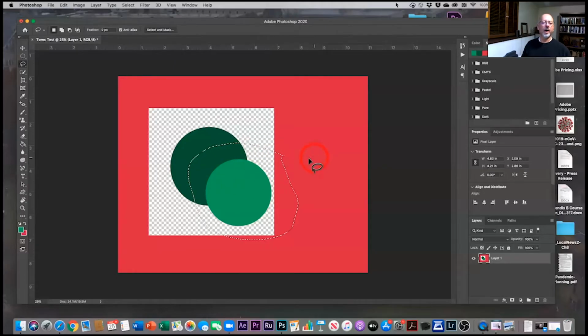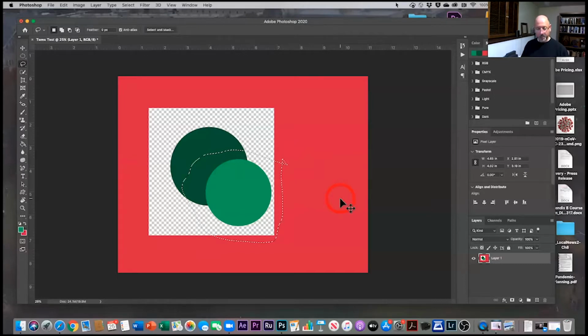So there you have the lasso tool. I'll just kind of deselect again. I'm just kind of freehanding around it. It's a little bit sloppy, but you know, if I just want to cut out part of an image, it works just fine. I just want that circle, and I don't care what's around it. I'm going to now